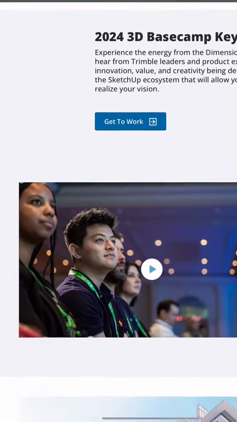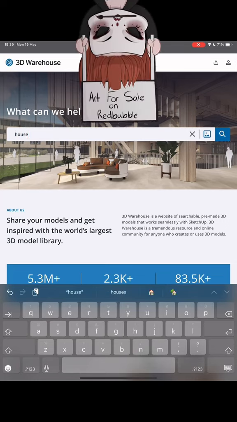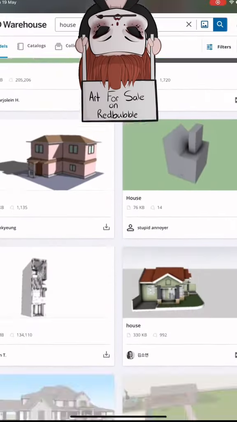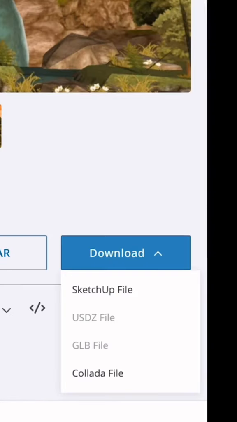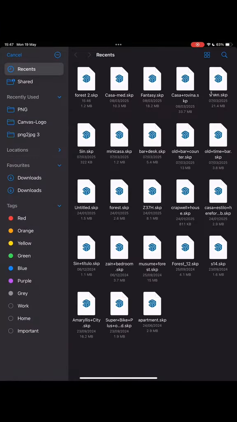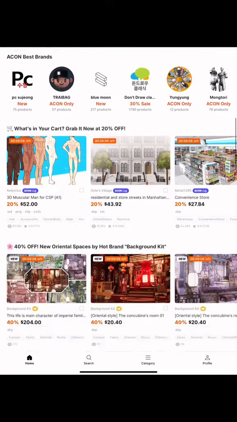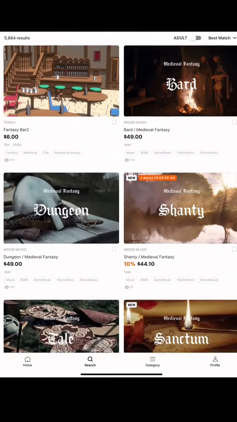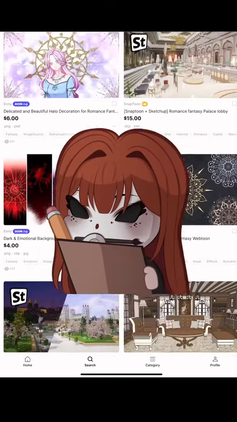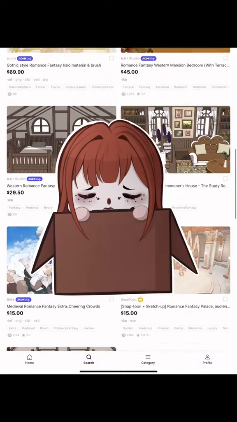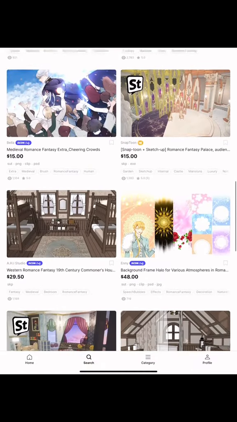Another site I use is SketchUp. In the 3D Warehouse, they actually have a variety of free assets that you can use. If you're on an iPad like me, just download them from the 3D Warehouse and then open them in their app. Another common site used by many people who create webtoons is Acon 3D. These 3D models are made specifically for webtoons, but they're usually behind a paywall, though usually relatively cheap for the